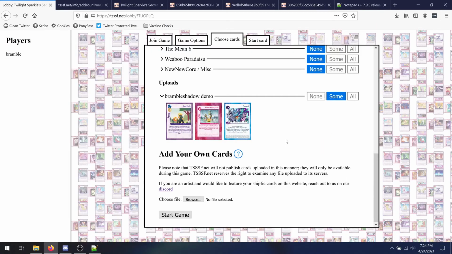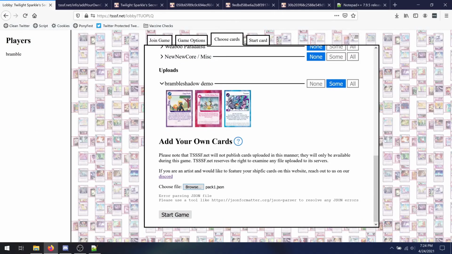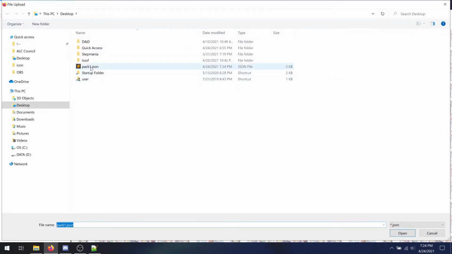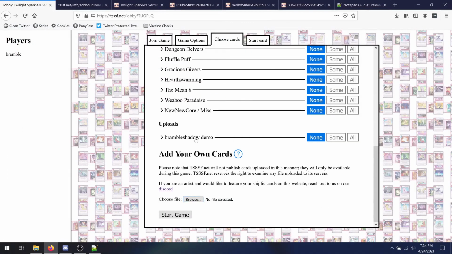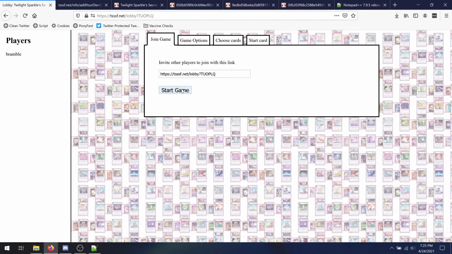So now that we have that goal logic set up, we should be able to re-upload our pack. And apparently there's a JSON error. Let's look. We're missing a comma here. Got to have those commas. There we go. That should do the trick. Now if we join in and start the game,